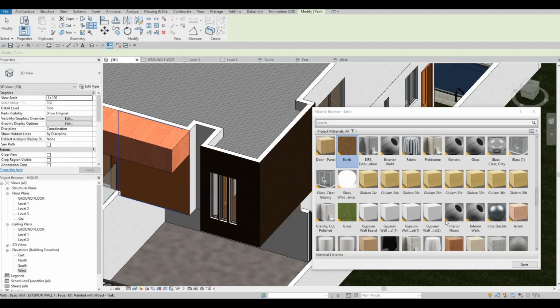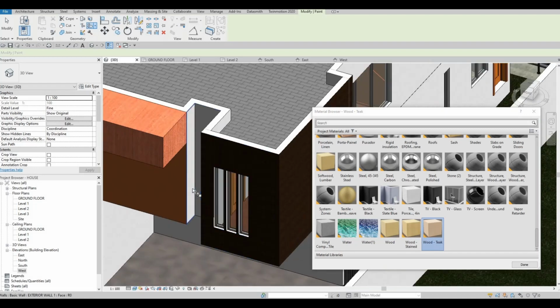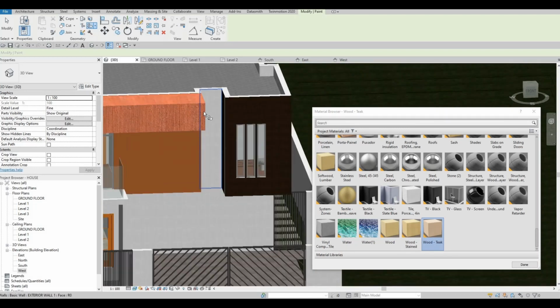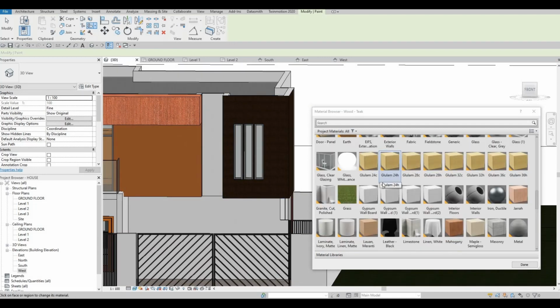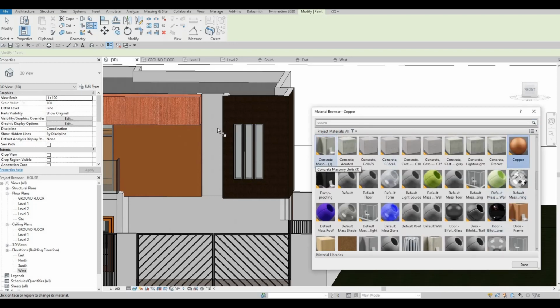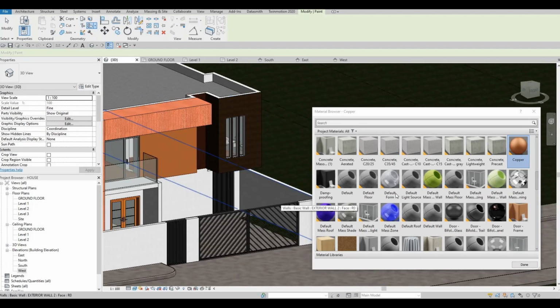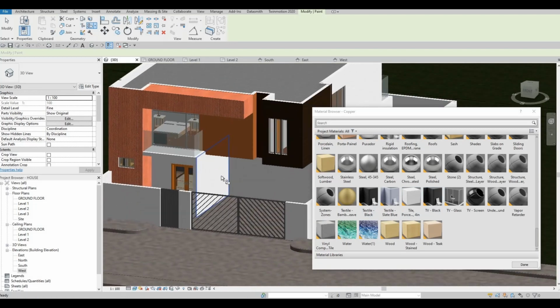And I just want this part, so wood thick as well, and then we could just give this one something else. I'm gonna use copper first, so just to differentiate everything. And then here,